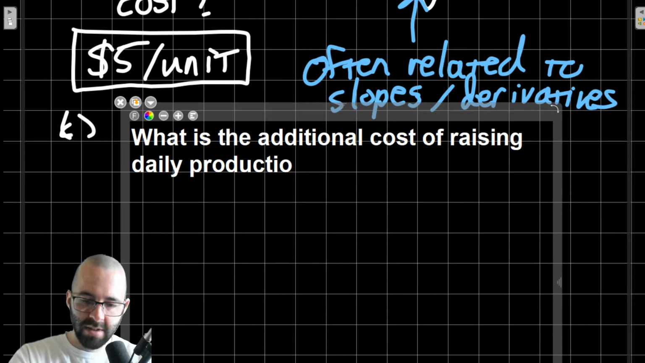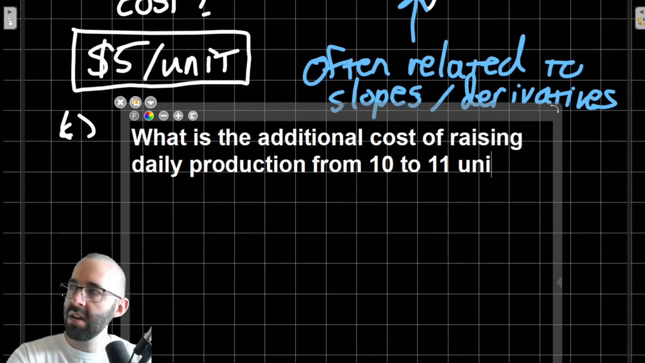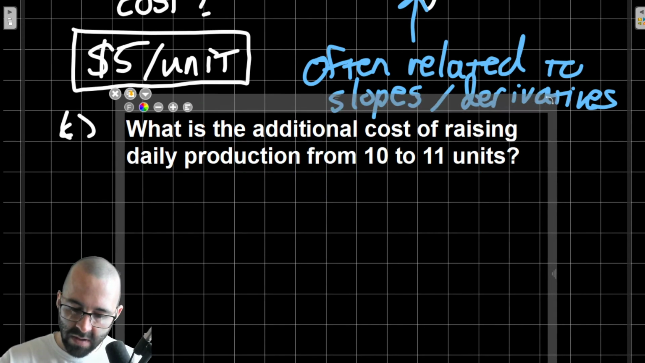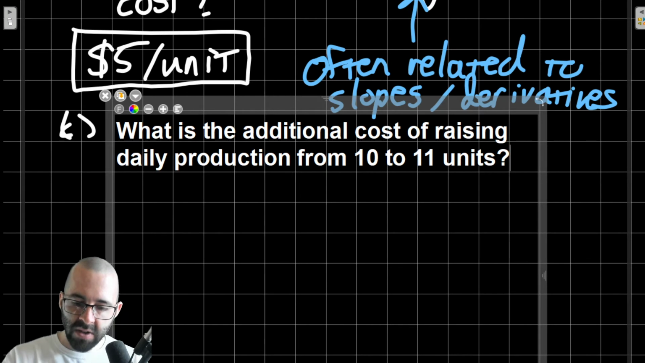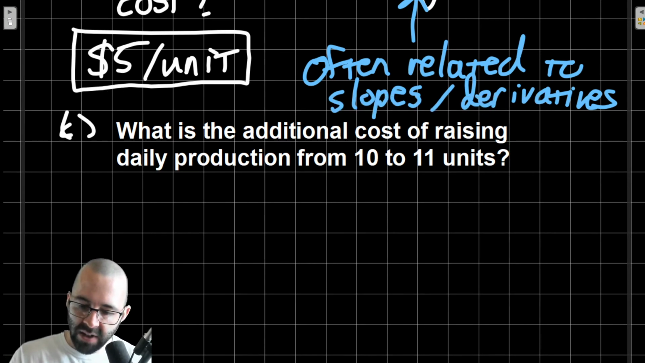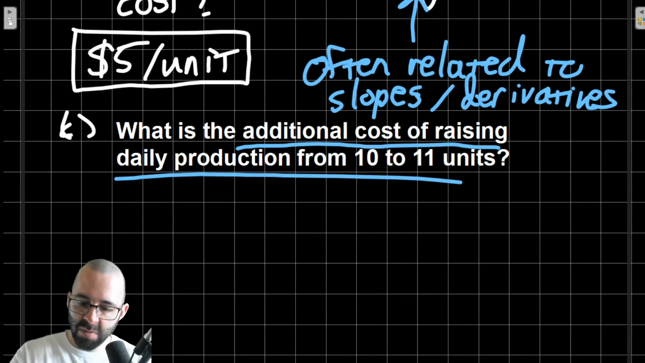Daily production from 10 to 11 units. Now, there's two ways to answer this question. So this right here, by the way, this is the definition of marginal cost, right? The additional cost, right? This just means